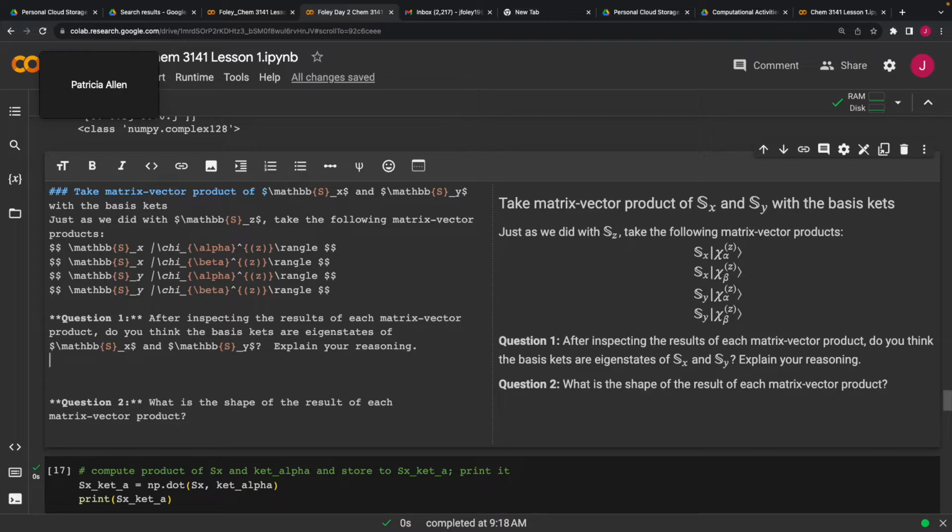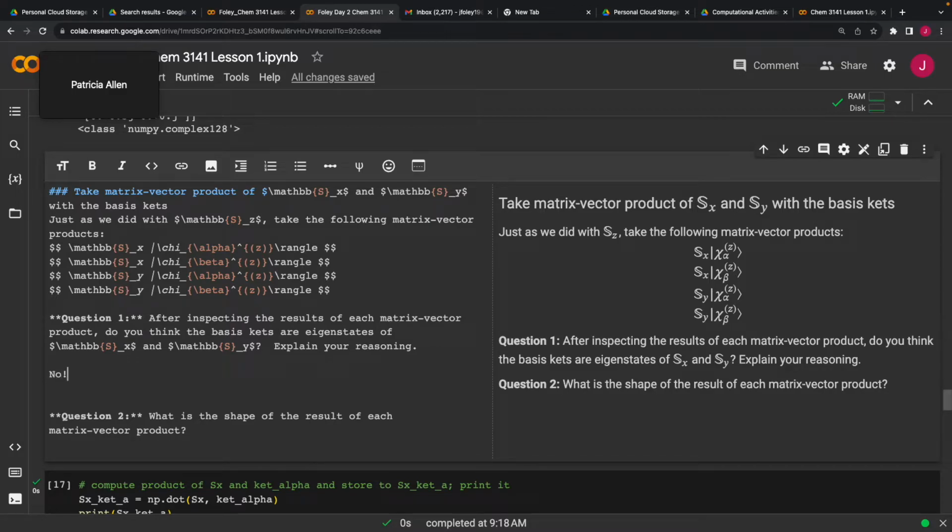Let's practice writing the answer together, because we have already answered this question together. After inspecting the results of each matrix vector product, do you think the basis kets, which are chi alpha and chi beta, are eigenstates of Sx and Sy? So I'm going to say no. We see that the result of multiplying the